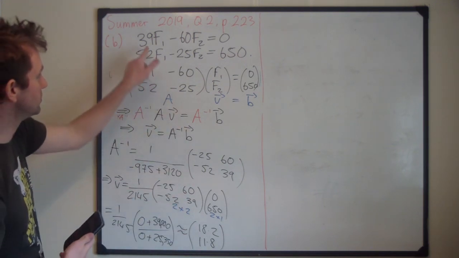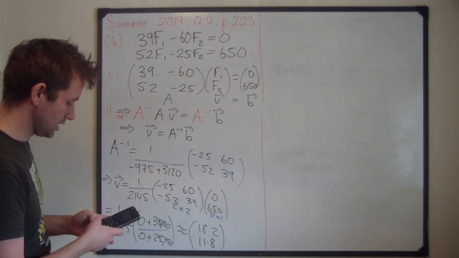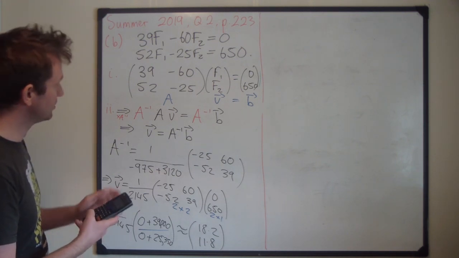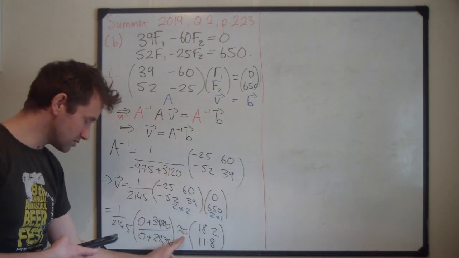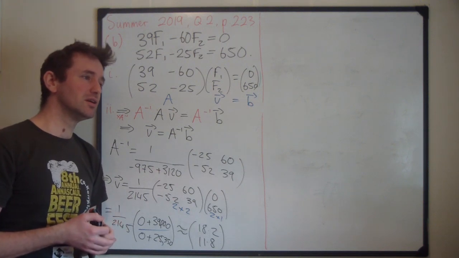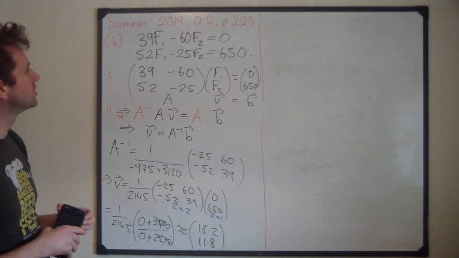You can back substitute these in here. So I got 39 by 18.2 minus 60 by 11.8. Now, will you get exactly 0? No, because of the rounding here, I get 9/5. Now you might think, oh, that's a little bit off, and you can be worried about it. Well, that's